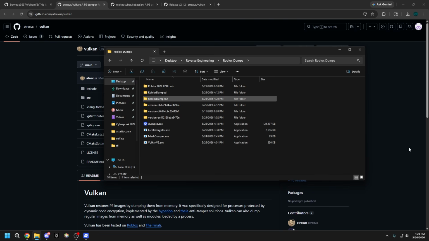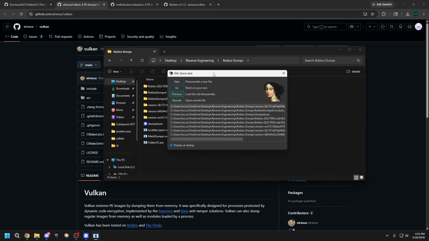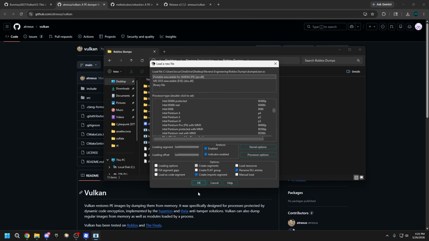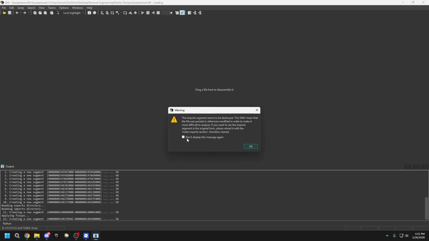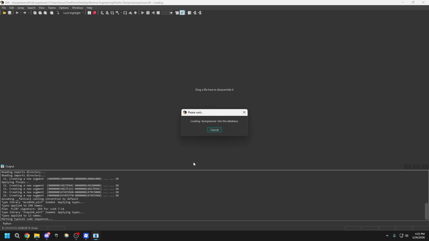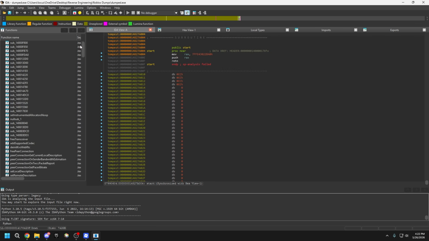So yeah, once you have a dumped file, you're gonna open IDA and then hit OK, and you're gonna open your dumped file. So I'll just open it right here, and it's gonna ask you this. Just leave it, and hit OK. It's gonna say your import is sort of destroyed. Hit OK. Hit no on this. And here you go. Dope. So now your import table is going to be created. You're going to notice that